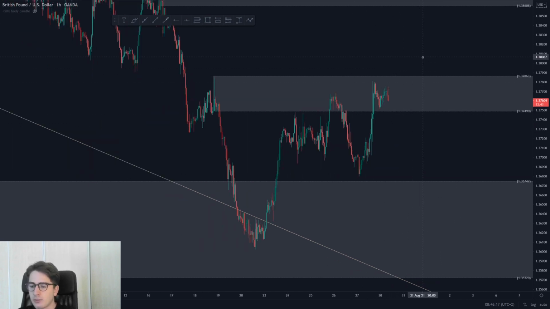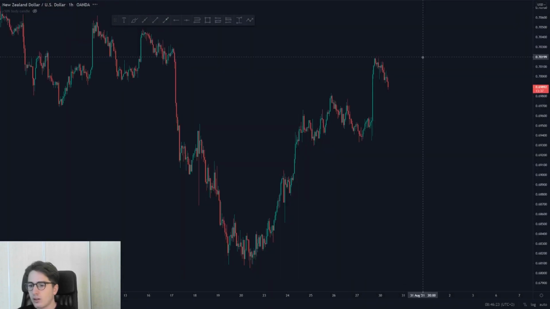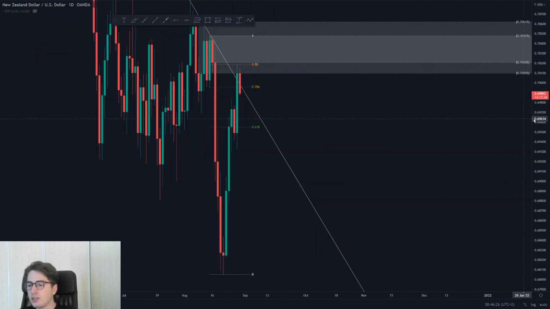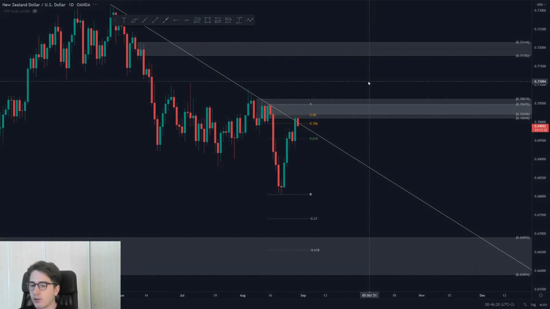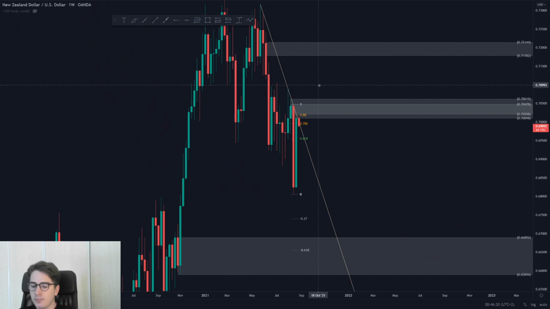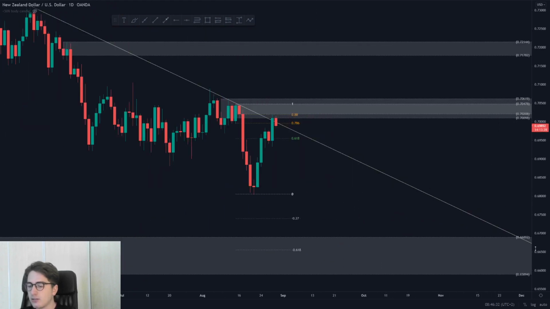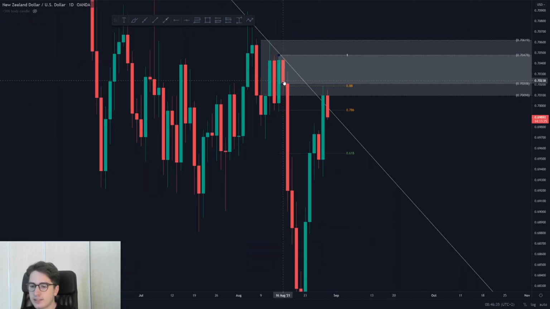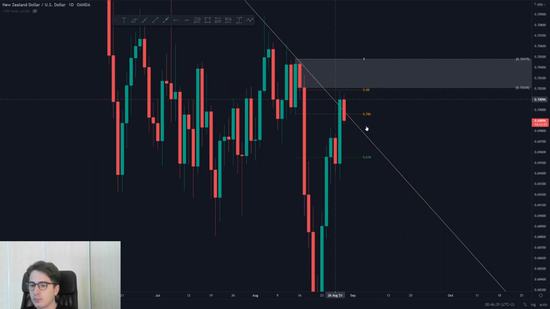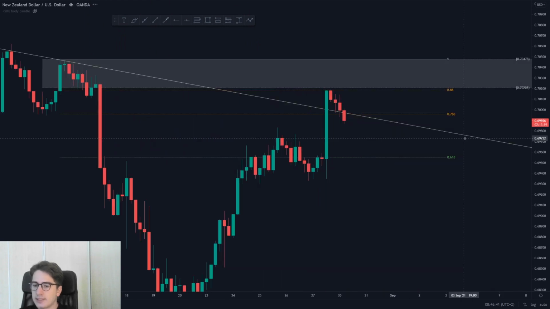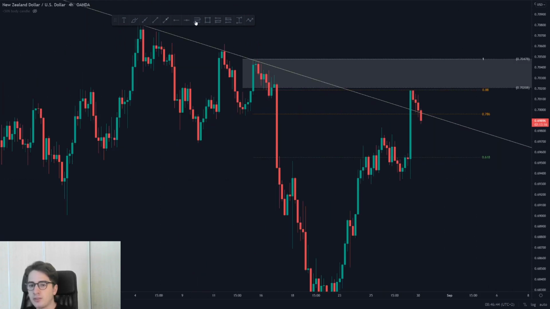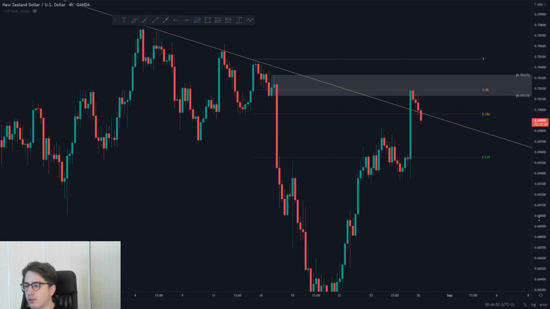So that's that. With that said, let's head over to our next pair, which is Kiwi dollar. Kiwi dollar is currently situated in an area of weekly supply, and also in daily supply. As you guys can see, this is our daily supply. Let me just delete the weekly supply for you guys. So this is daily supply, and we have just missed daily supply. However, we haven't missed 4-hour supply, because this is your 4-hour area of supply, and we are currently reacting to that 4-hour area of supply from